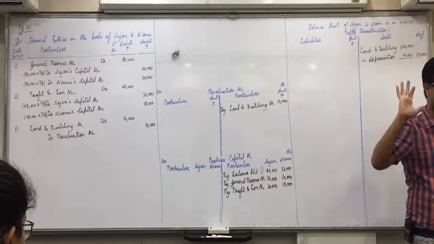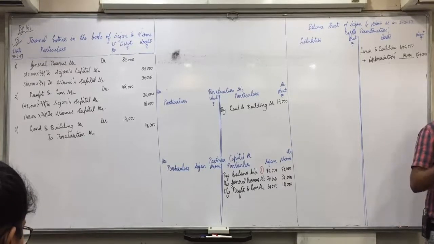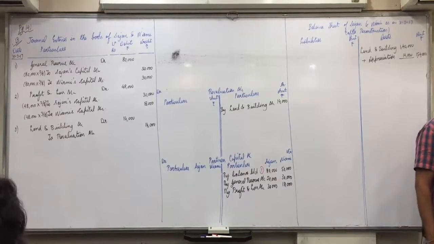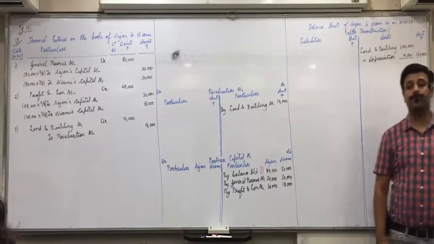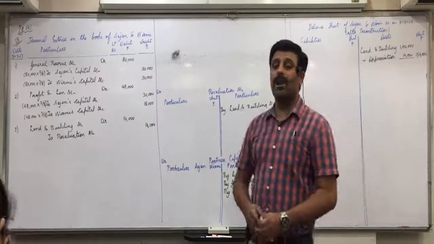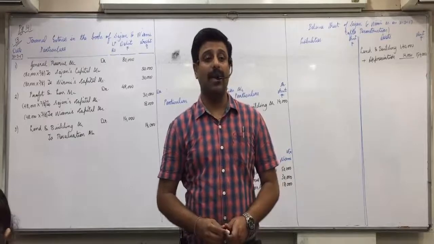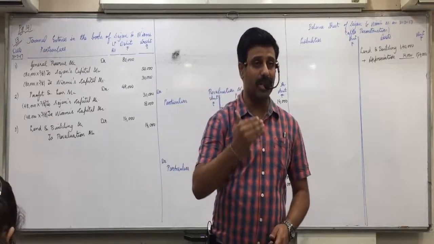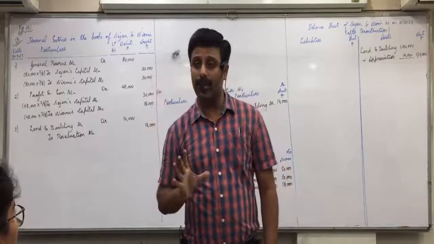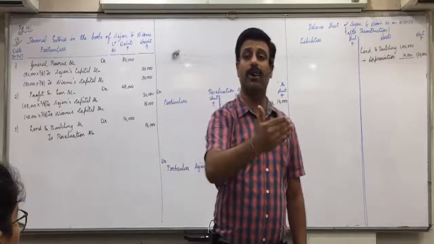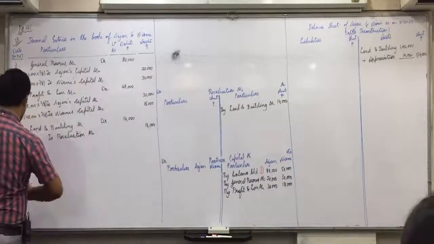Any confusion in this? No. Value of machinery and furniture is to be reduced by 40%. On the asset side, can you see machinery 80,000? Furniture 30,000. Now, machinery and furniture is to be reduced, means it's our loss. Value of machinery and furniture has gone down, so it is our loss. Loss means revaluation account debit. And what will be credited is machinery account and furniture account. Got it, everyone?